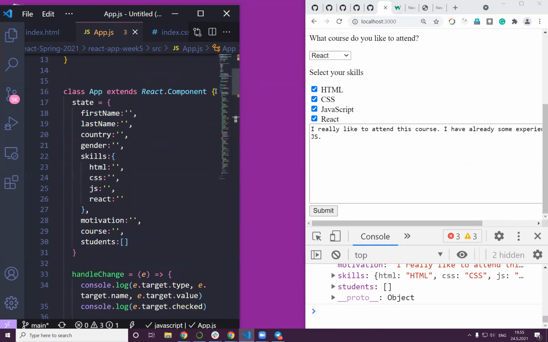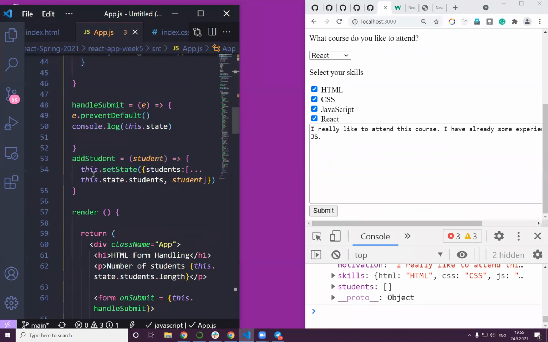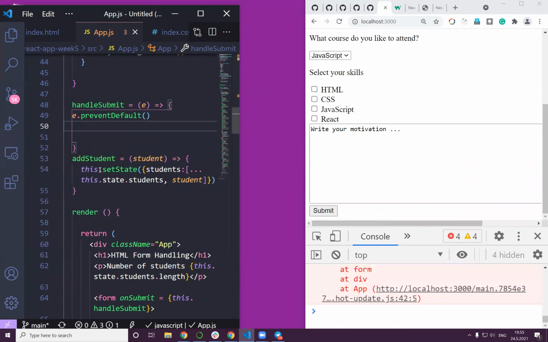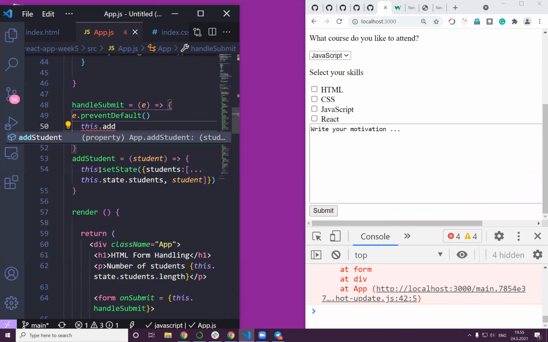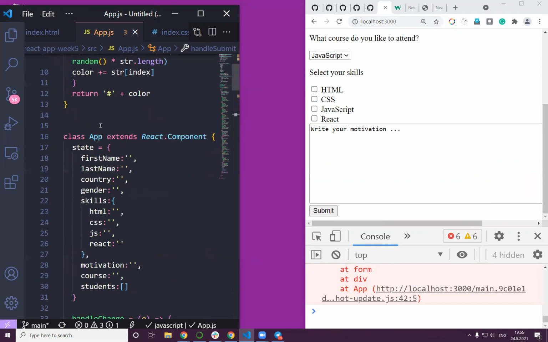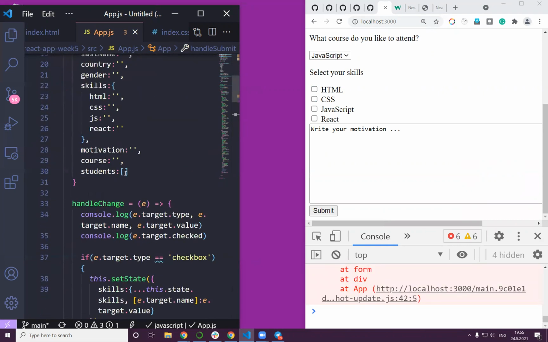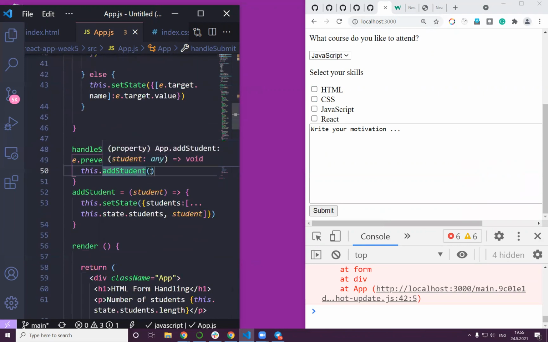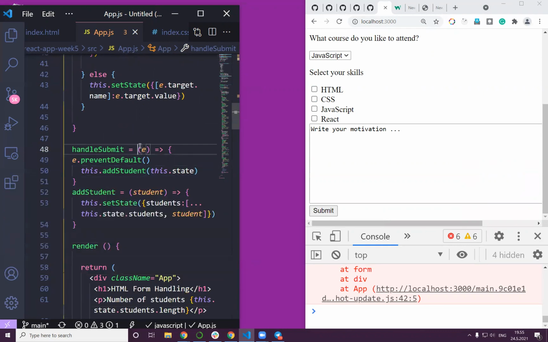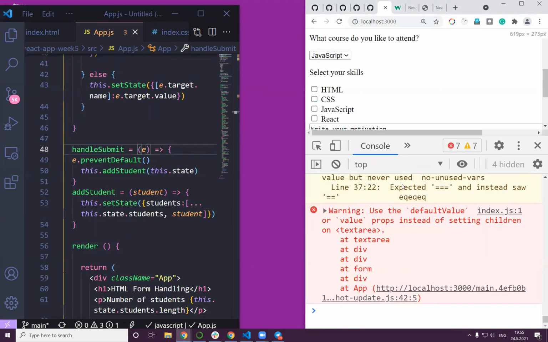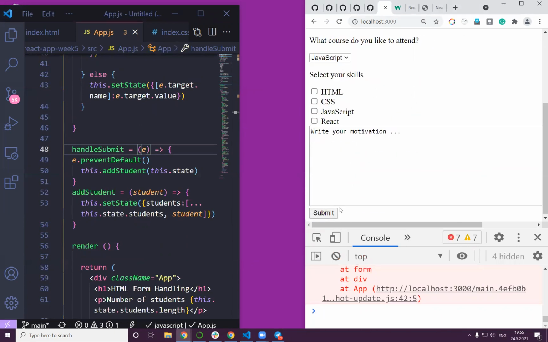So as you can see, it's a class-based function, so I have to call it here. This dot state, no, this dot add student, and then I need everything from here. If I need everything from there, because it's an object, I can call it this dot state. I just pass everything. Now let's see, even without adding a value, let's see if the state, have you